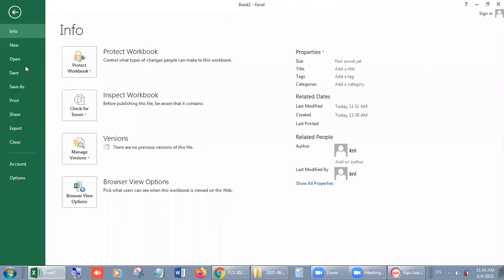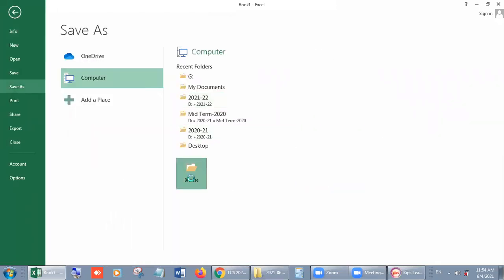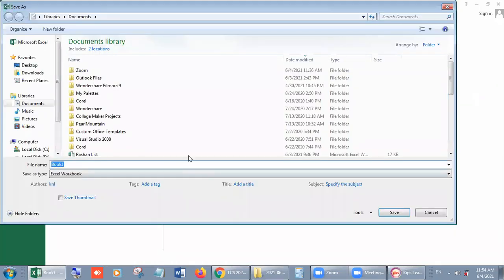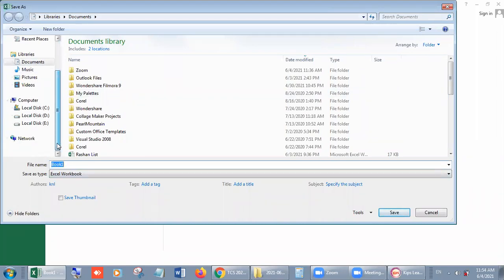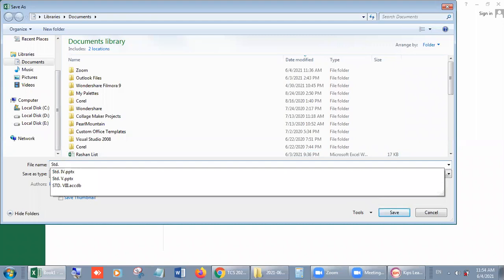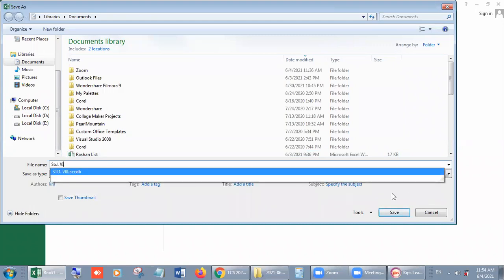Now File, Save As, Browse where you want to save. Now the Save As dialog box will appear and you can choose any location from the left hand side and write any name. Press backspace. Suppose I give it the name Standard 6th, right?